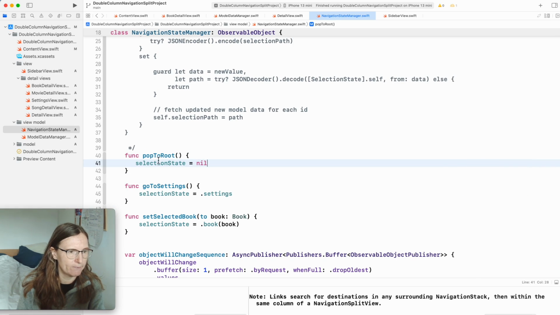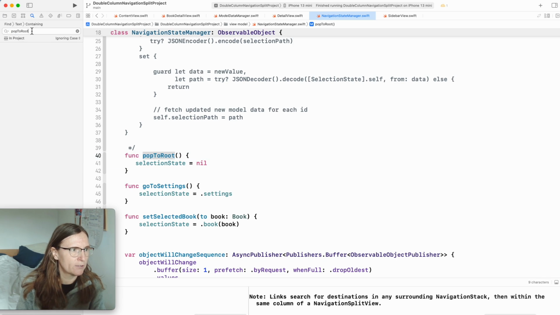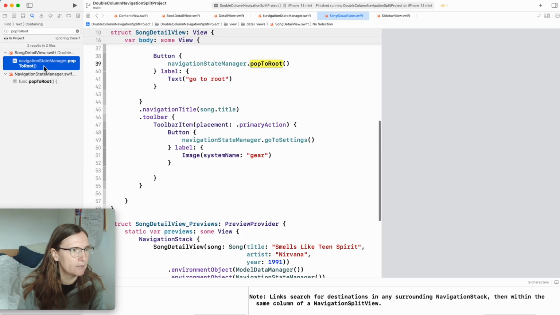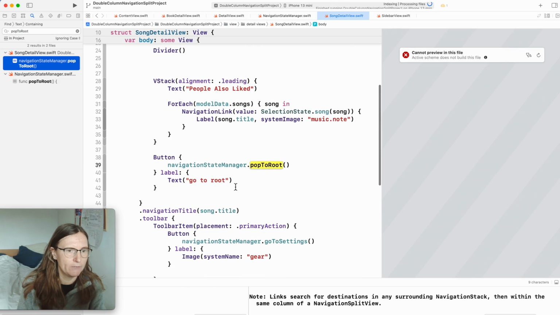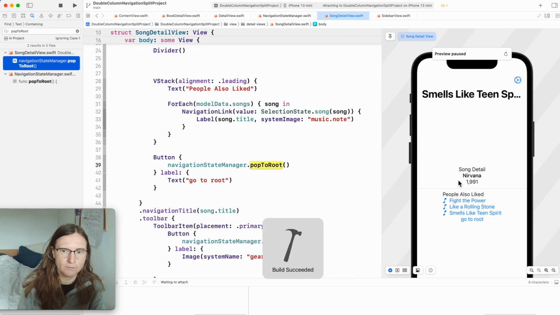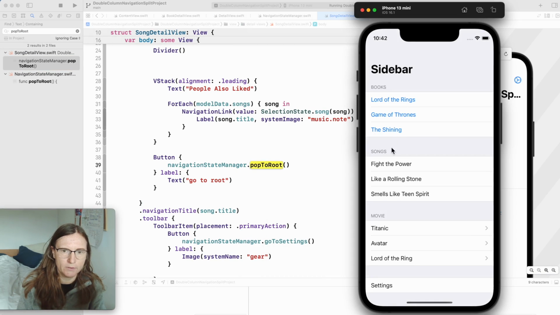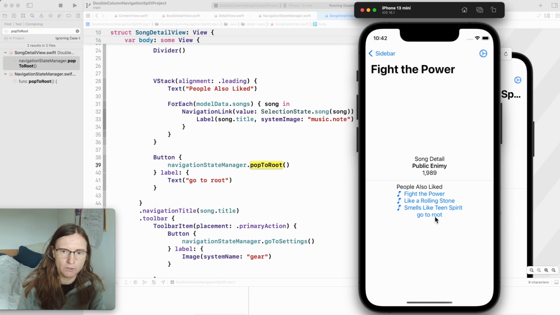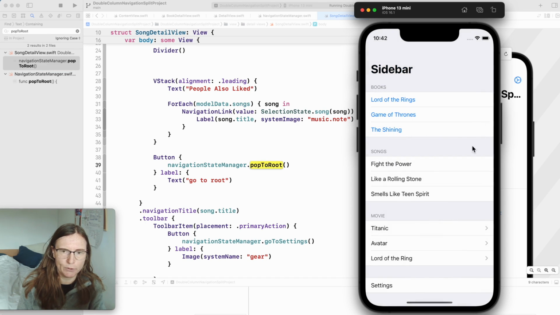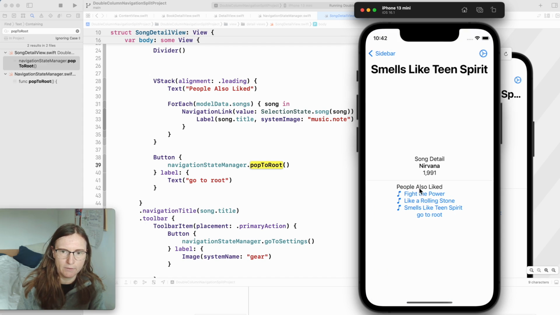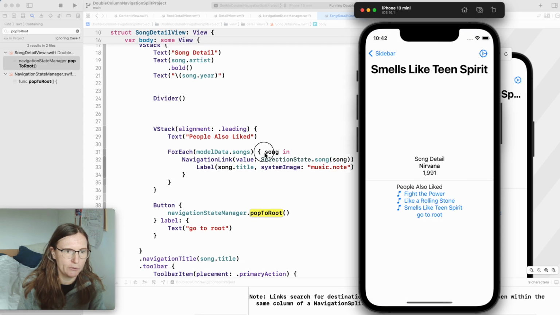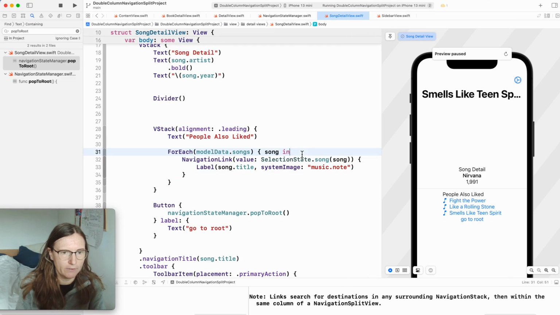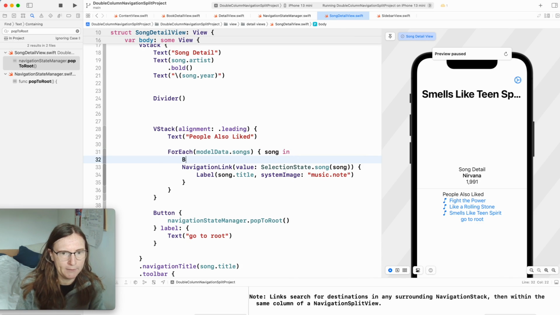Now I just need to find out where I actually use this. Pop to root view, looking at the search. I use this in the song detail view. Yeah, down here. So this is the song detail view. Go to root, and you see it goes back. These links don't work because they are still using the navigation link. So let's just also use the button